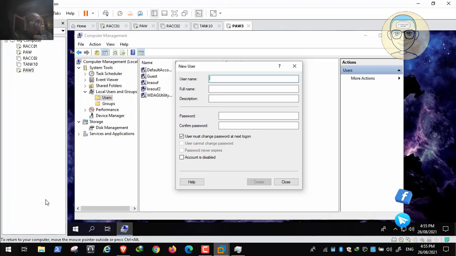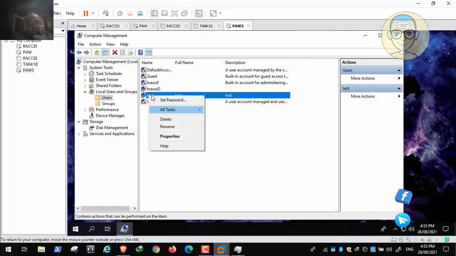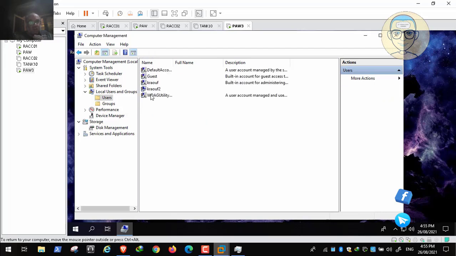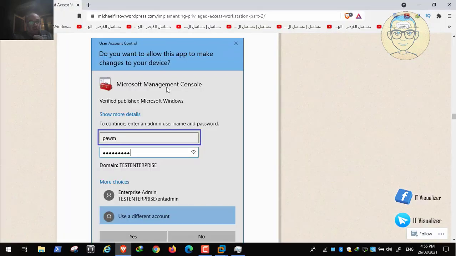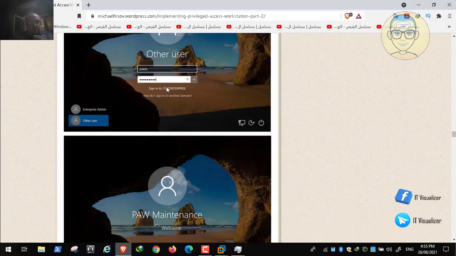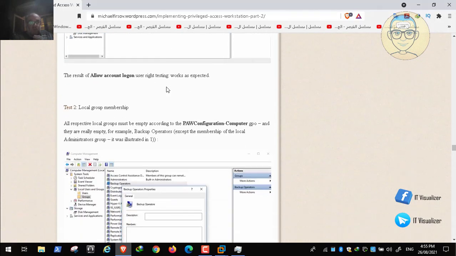So now we can see that the user is created. Okay, so now I can delete it easily. This means that I am the local administrator, so I can create local users on the machine. Now we need to go and test to see if Kelvin McDonald, the Azure administrator,